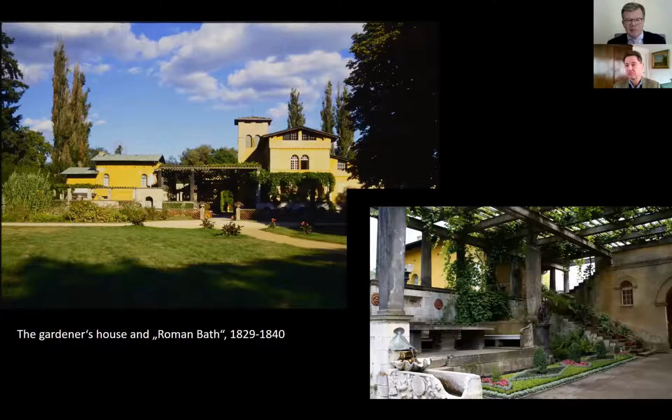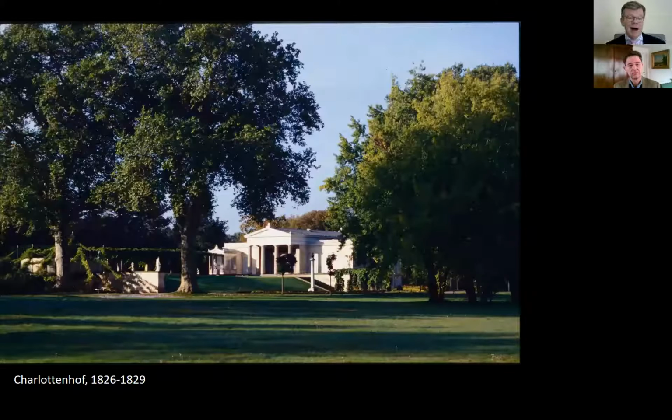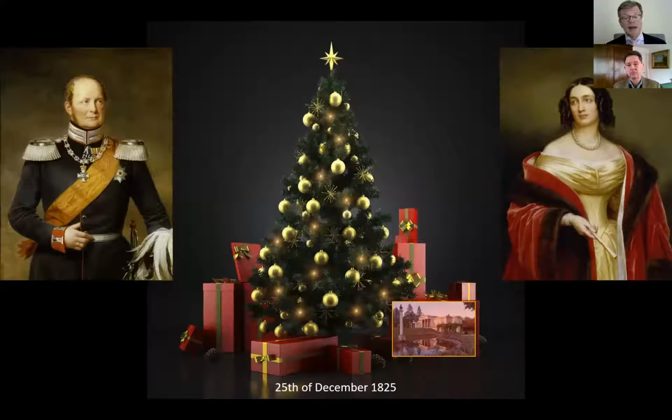And a couple of minutes walk away is Charlottenhof Palace. Now, this is meant to be the villa of the prince. So the villa, it's like an antique or an Italian model to have a village, and outside the village you have the very beautiful house of the prince. It was a gift. It was Charlottenhof, not the building, but the grounds, a Christmas gift in December 1825 to these two people, a couple married 2 years before in 1823. It is Frederick William IV as Crown Prince still, and to the right-hand side, his wife Elizabeth, a princess of Bavaria, which is a region south of Germany. But they were a couple, and they got it as a Christmas gift to build their own summer retreat,